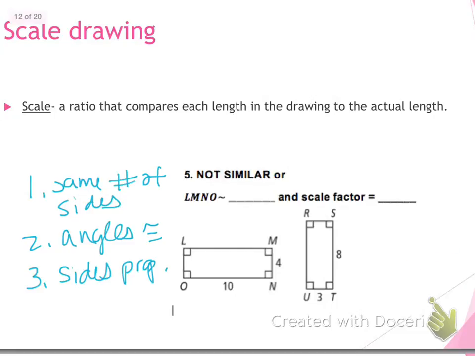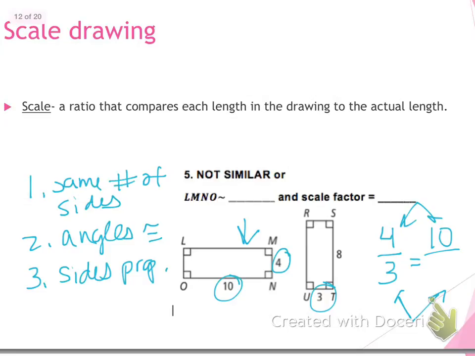So when I write my proportion, we start with one side. So let's say we pick 4 of this one. We have to match it to the other one, 3. Okay, so I started with this one, so I need to start with this one again with 10 on top. The same figure goes on top for both of them. The same figure goes on bottom for both of them. Okay, so 10 matches with 8 on my other